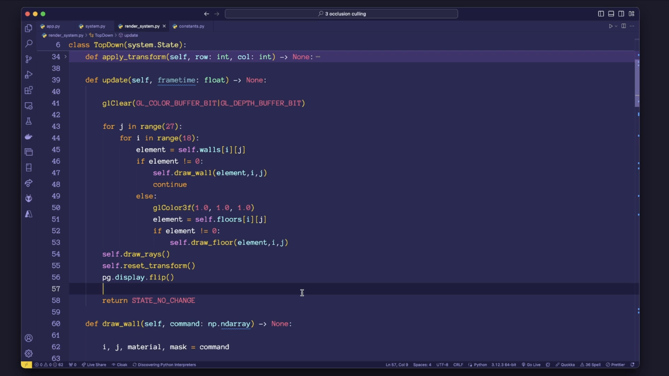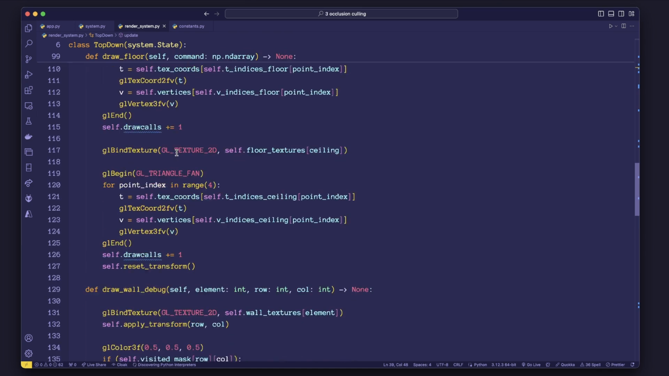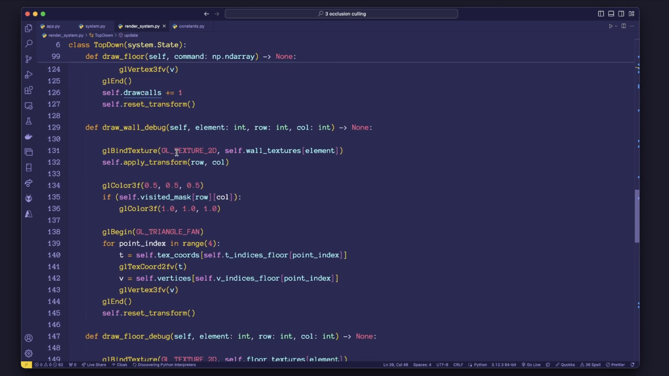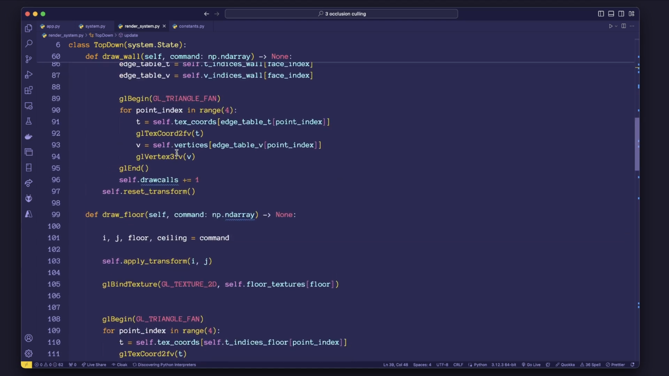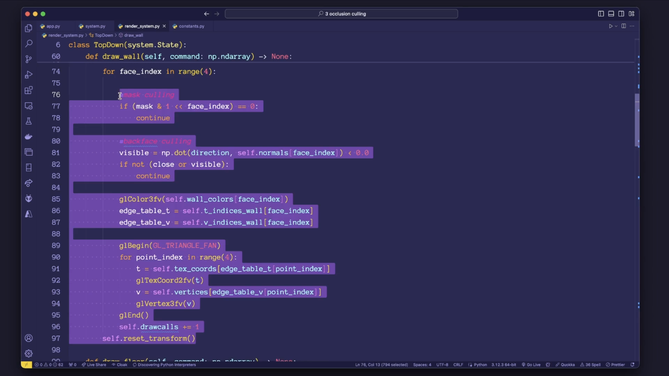Okay, so maybe not super exciting, but what I'm going to do now is go into those draw functions and change them. So here I have draw wall, and then down here I have draw wall debug, and I'm going to use the debug version. It's really not that exciting. I'm just paring down my